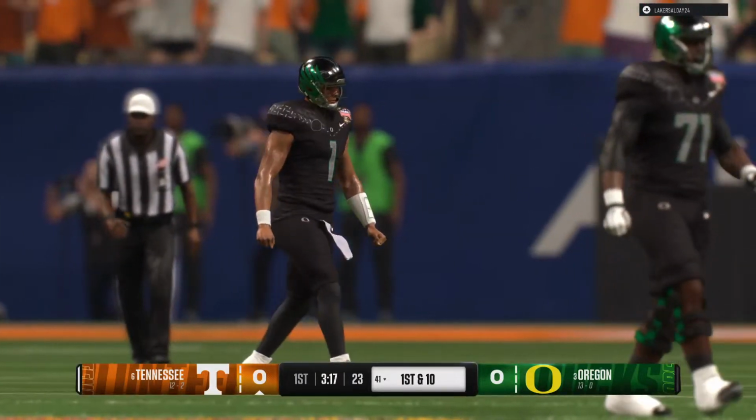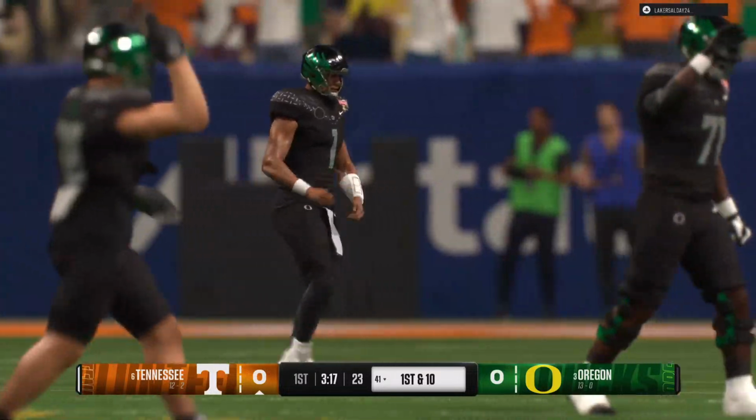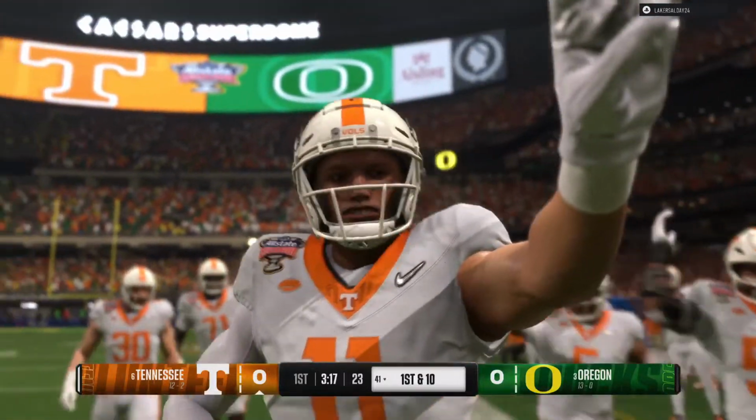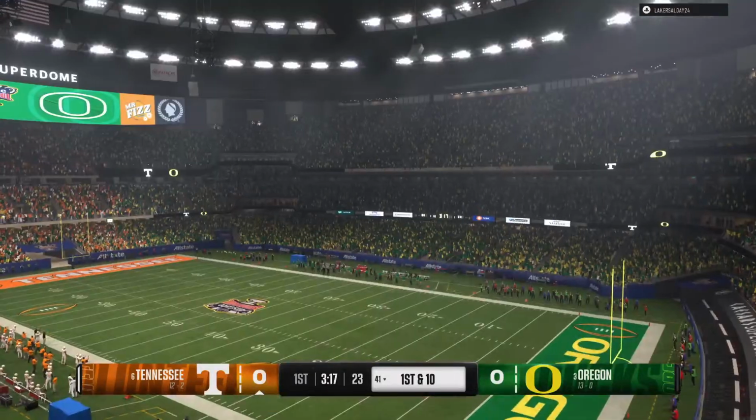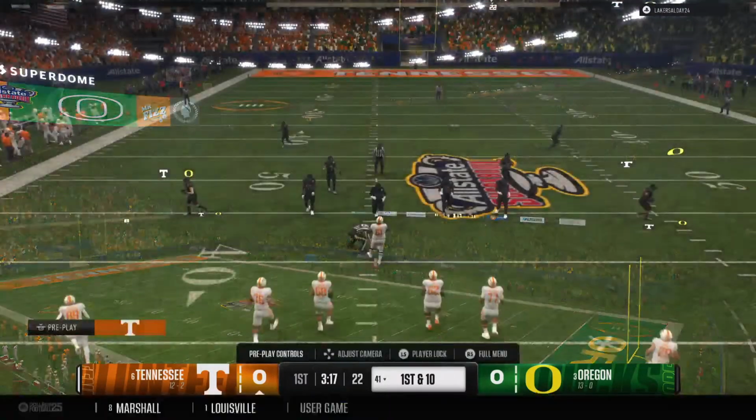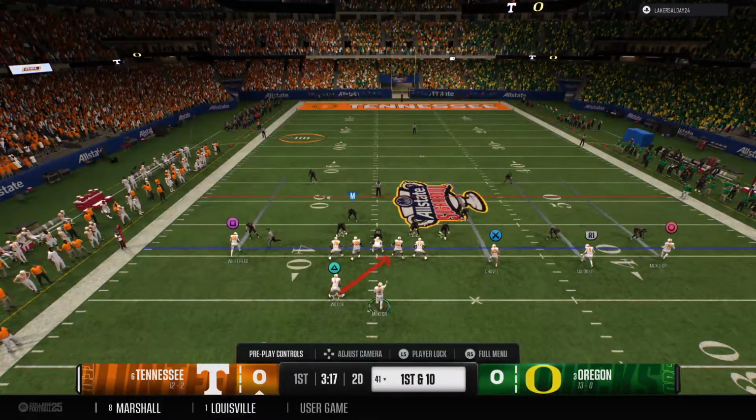Well, that is a tough way to start this game for this offense, throwing an interception on their first drive. The big thing now is you go to the sideline, talk to the offensive coordinator, make a couple adjustments, and come back and play with confidence next time you get the ball.